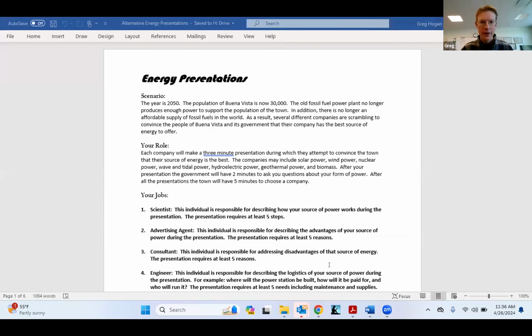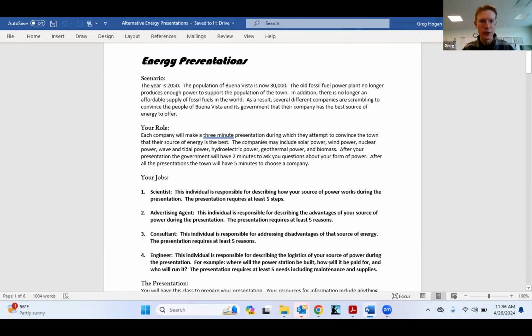I'll start out and just show you some of the paperwork that I give to the students. This is the introduction for the energy presentations. I try to make it fun and just tell them, hey, let's pretend that it's 35 years in the future. The population of our town is now 30,000, which would be a significant enough need that we don't have enough resources to access fossils,